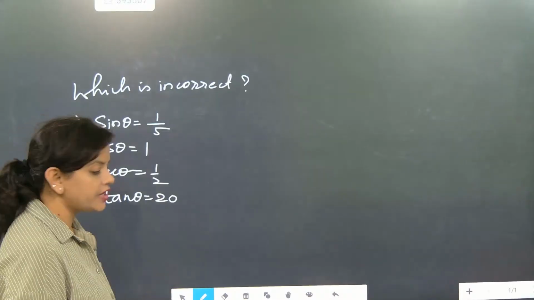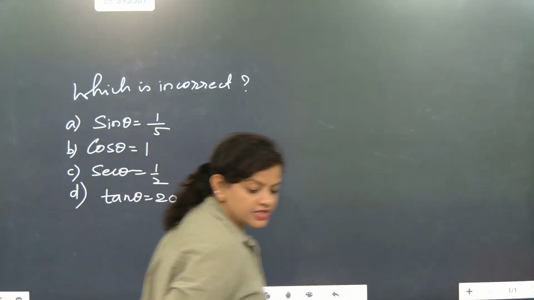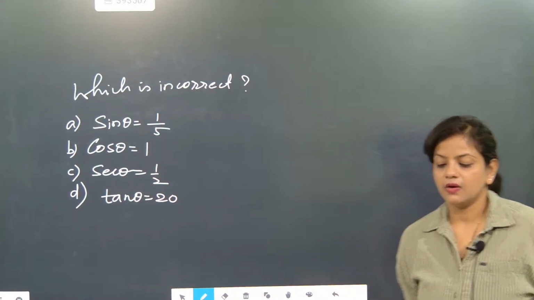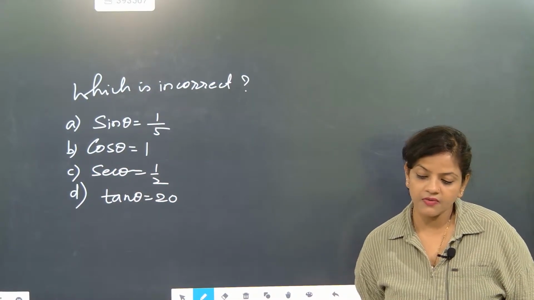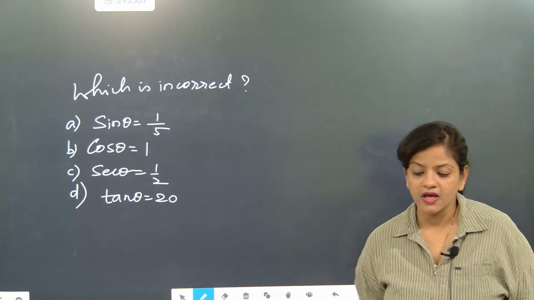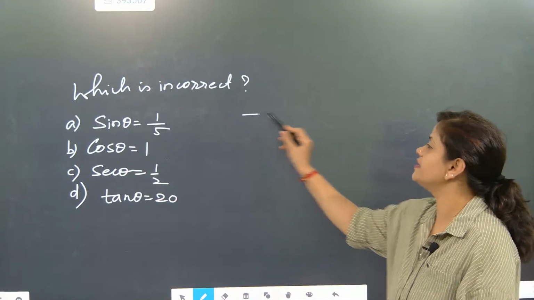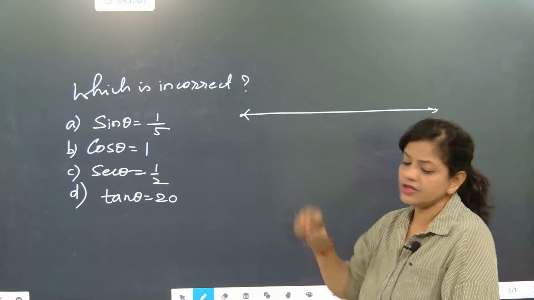So Rudra found an answer. She's telling C is the correct answer. C is the answer which is not correct here. The rest of the others are correct. What about others? Anybody having an answer? C, very good. Why? Because we know one very important thing, that when we are drawing the minima and